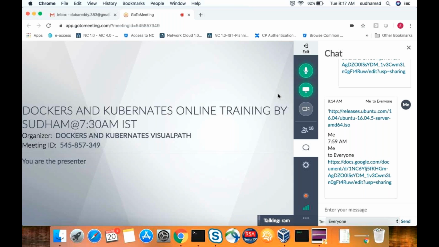How can I search for Docker and Kubernetes jobs? Just search for the Kubernetes or Docker keyword and automatically you'll get all the jobs. Specifically, see, microservice technology: the person who has running applications on microservices. So we can search like that. I will tell you how to do it. I'll give you some links so that you can see how I searched on Google, in Naukri, or whatever it is.